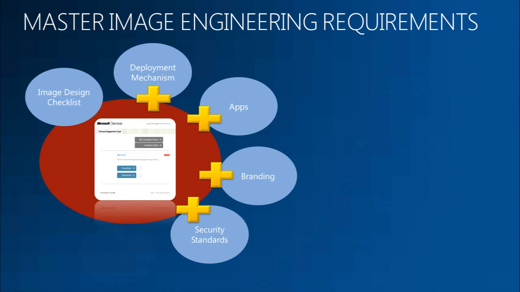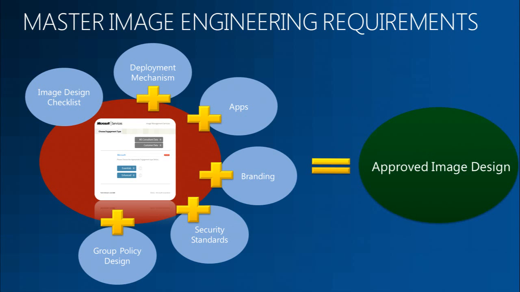And then finally, group policy design is also something we need to consider for the image. Are there settings that go into the security settings in the image? Are there settings that go into local policy? Or are these settings that we can move into the client group policy that is applied when the machine is built? So these are key questions about the engineering requirements of the image. All this leads to a kind of approved image design that fits together then with the other pieces of the